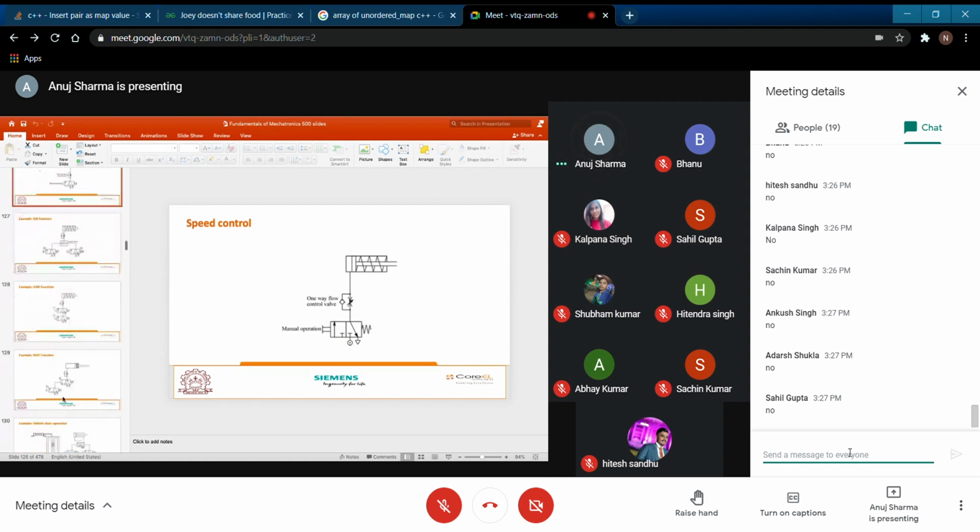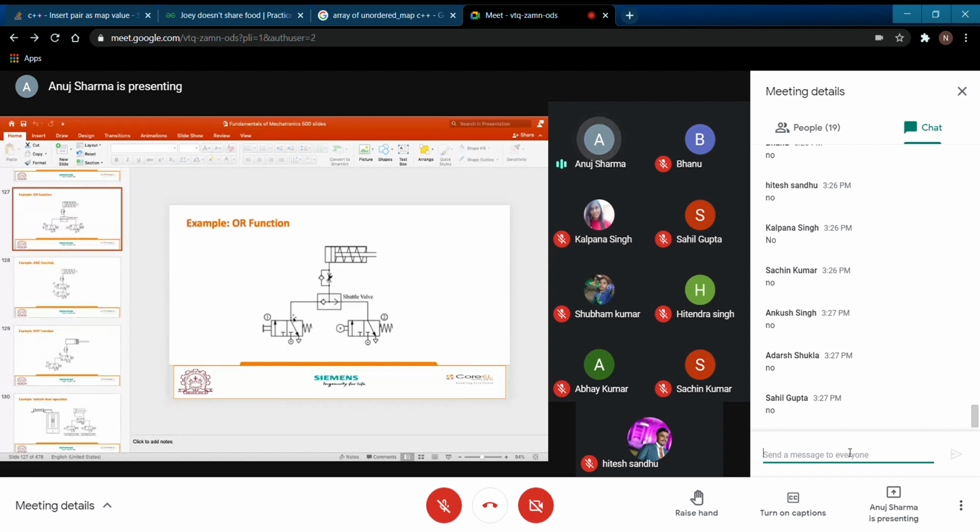Now you have the OR function in a similar manner. For an OR function, you know that if this operates, it is going to give you a 1. If this operates, this is going to give you a 1.